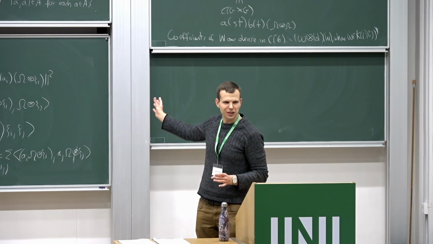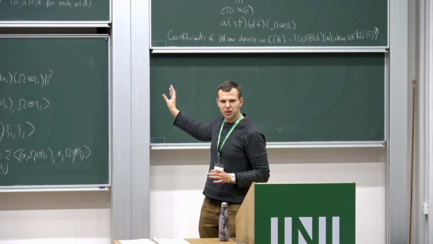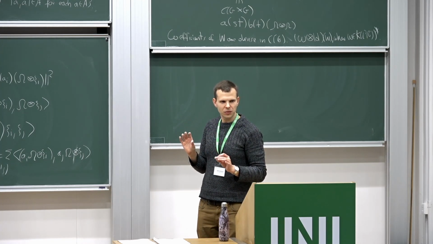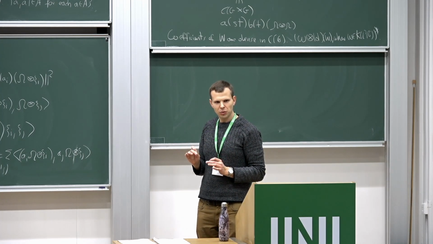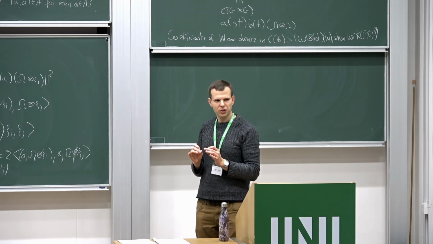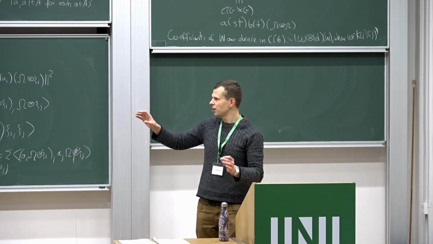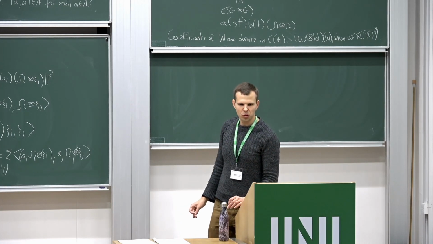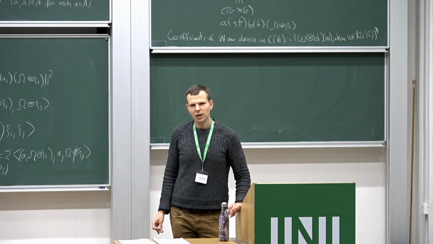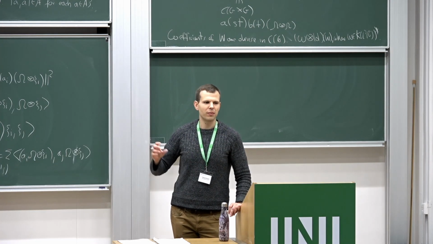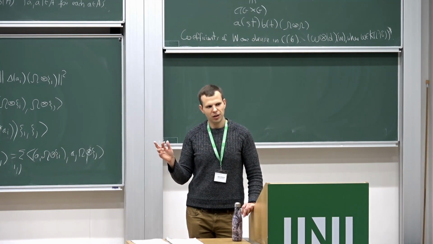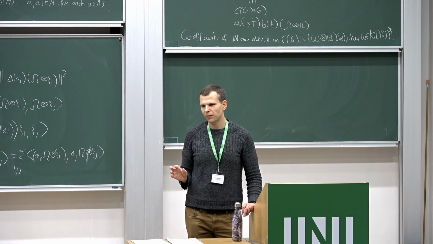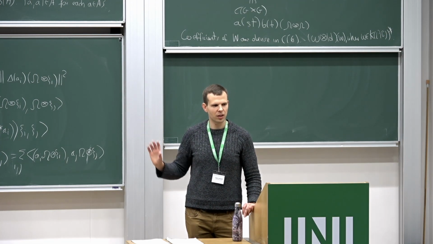So once again, W decomposes into finite dimensional irreducibles, and the coefficients of W are dense also in L2(G). So if one of the irreducibles does not appear in the decomposition, by the orthogonality relations it would be orthogonal to this dense subspace, so they all have to be 0. So all the irreducibles appear in the decomposition of W, and actually you can check that each of them appears with multiplicity equal to the dimension of the Hilbert space that they act on, which is something extra, the same statement as for classical compact groups.